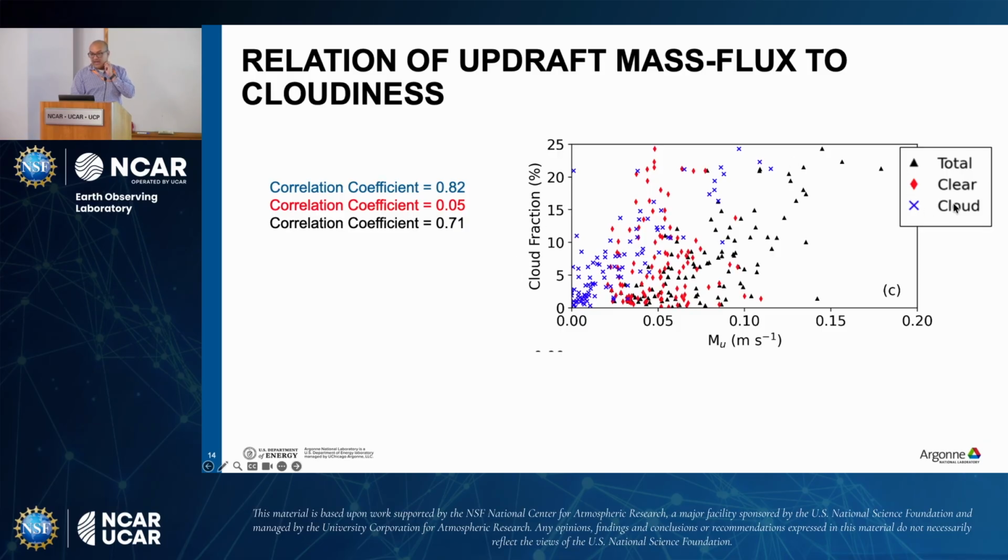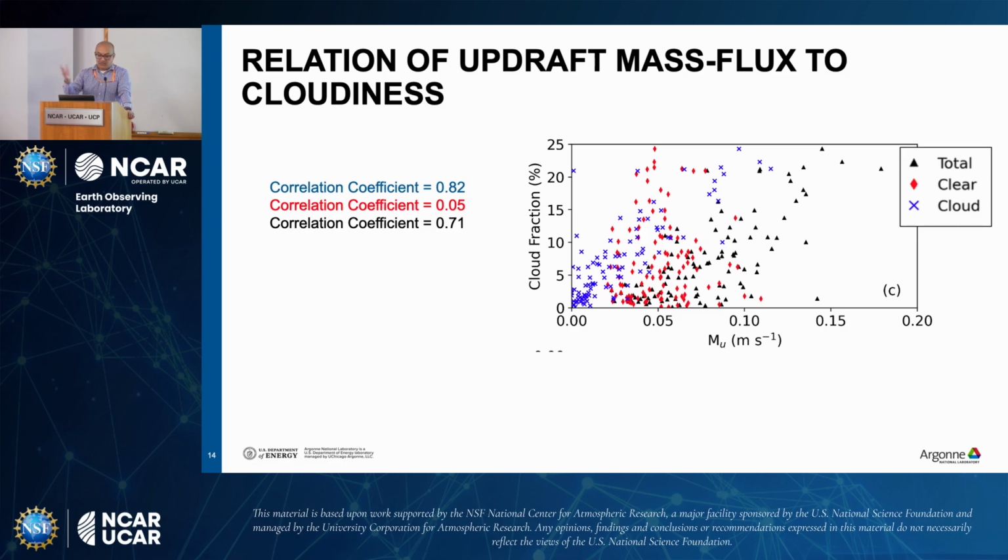Looking at only the cloudy updrafts here, you see a fantastic correlation, the blue crosses, and the correlation is about 0.82, which is pretty high in my mind, and statistically significant. The interesting thing is the clear air updrafts, which some people just ignore or don't consider, and they really have no correlation. You basically just see a blob of red in between. They're just doing what they want to do. The correlation coefficient is about 0.05, so negligible, essentially nonexistent.